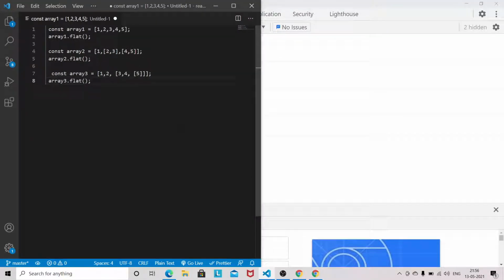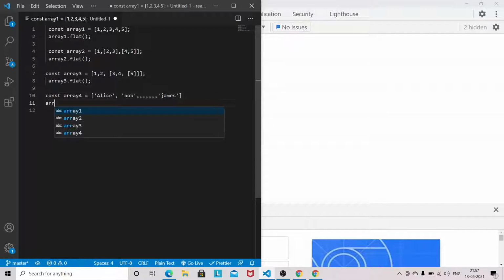Now we will see one more example. Suppose we have an array with some values, Alice, Bob, and we have some extra commas, and after that we have more values.